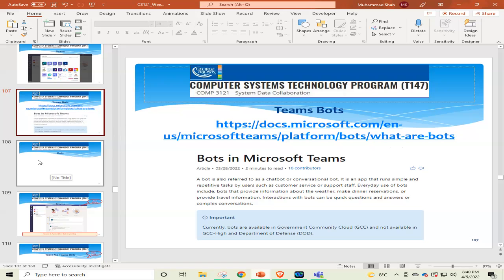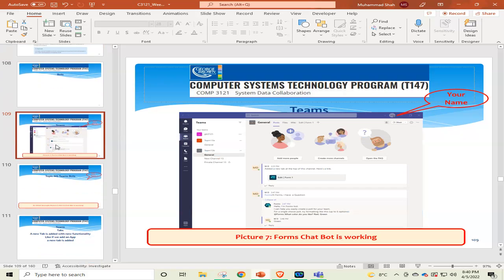Okay. And the next picture is picture number 7. Forms chatbot is working. I added the Forms chatbot at that time, and it worked and answered my first question. Similarly, right now we have seen that our Power Automate chatbot has answered our first question.